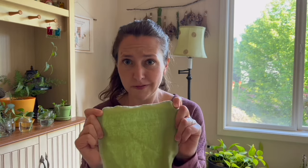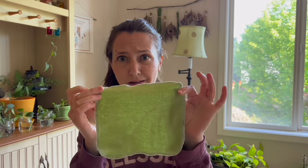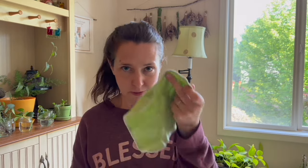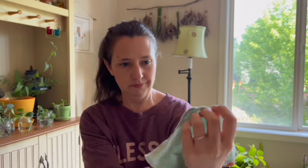When I first started using cloth wipes instead of tissues, I had not yet touched a sewing machine. So I bought these off Etsy, and I think I actually got them with my baby in mind early on for just having little wipes. They're super simple. It's just a piece of fabric that's serged. It's not even sewn. It's just a square that has been serged. This little pack had like a green one, a little giraffe one, another little animal one, blue one, and